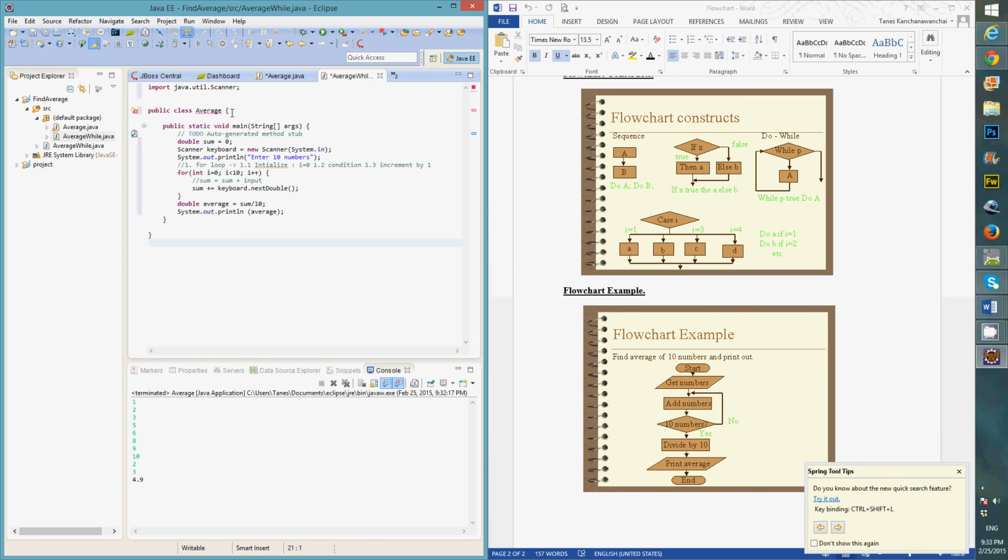Okay, so pretty much I'm going to change the code. Instead of using for, I'm going to say while. So it's the same. When you use a loop, you need to initialize, but the syntax is different. For while, you need to initialize outside, not in the parentheses. It's the same, just say int i equal to 0. While, now put the condition. The condition is written next to the while statement. Okay, while i less than 10, first we do the sum, and then we do the increment